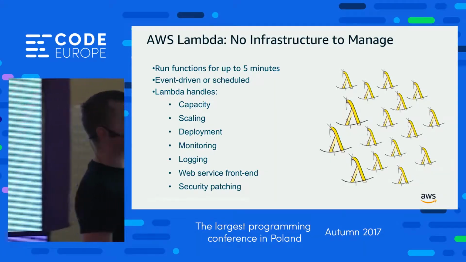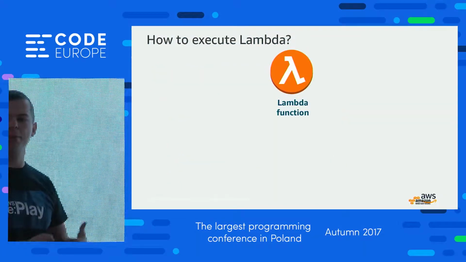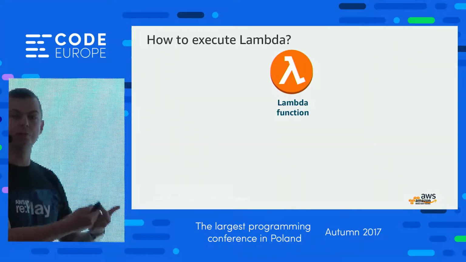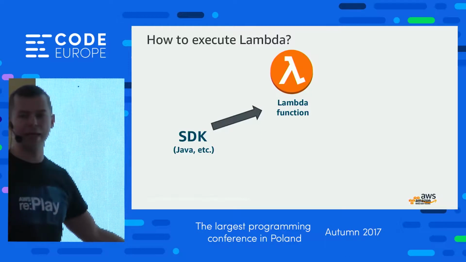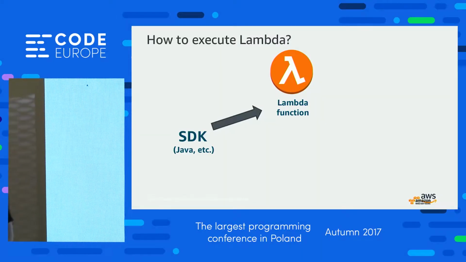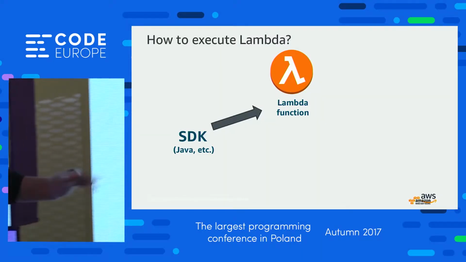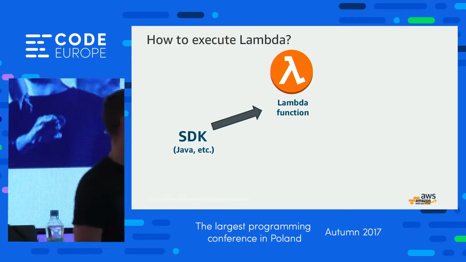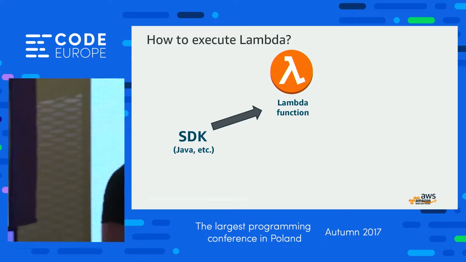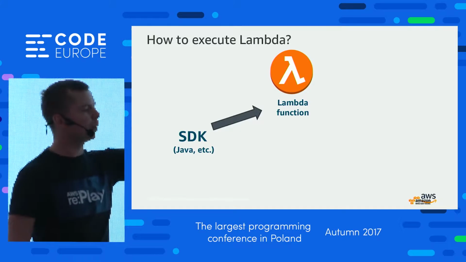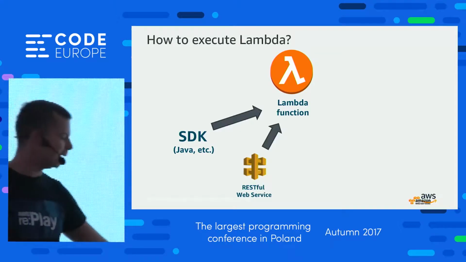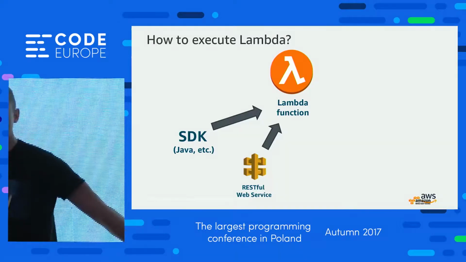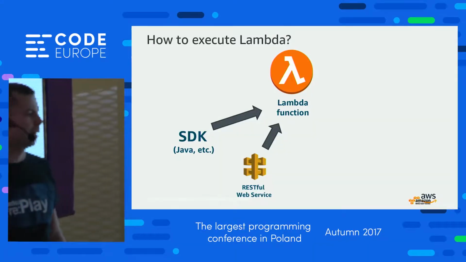And when we have this kind of microservice, probably we want to execute it, invoke it. There are a couple of different ways. One of them is to use the SDK, which is provided by AWS for Python, Java, .NET, about 10 languages. The other, very popular, is that we want to expose our Lambda function as a RESTful web service, and then we'll use API Gateway, and we'll do this later in one of the steps.